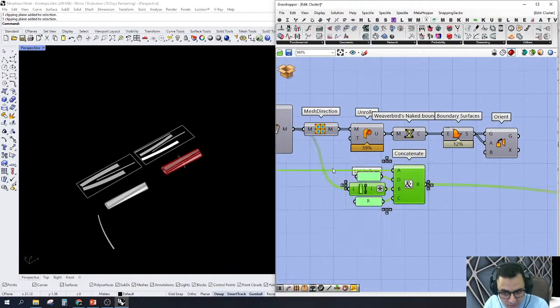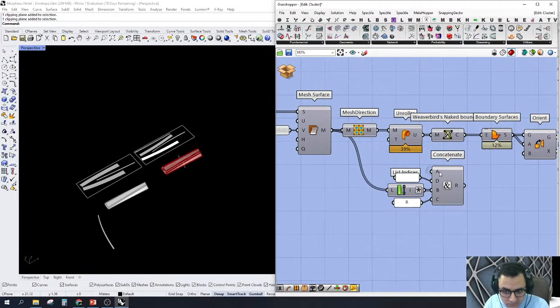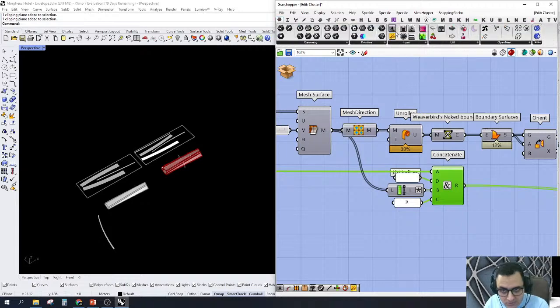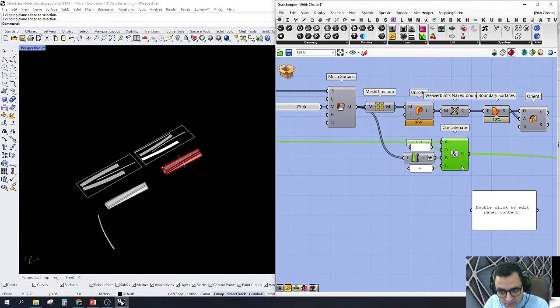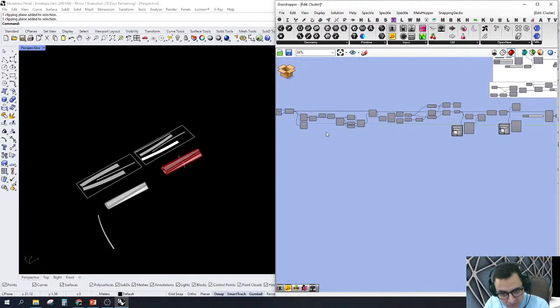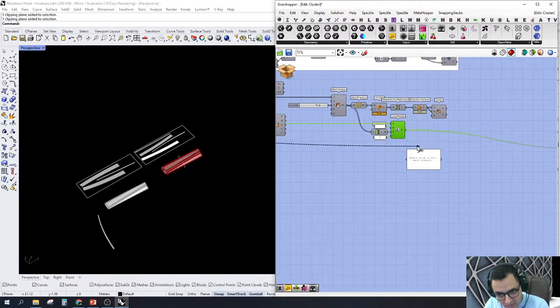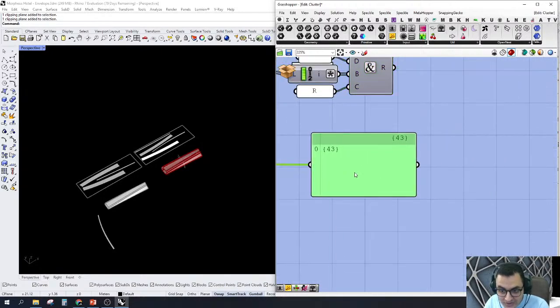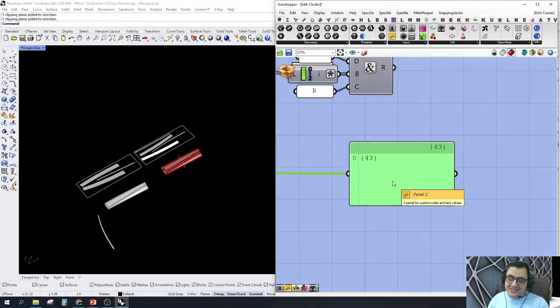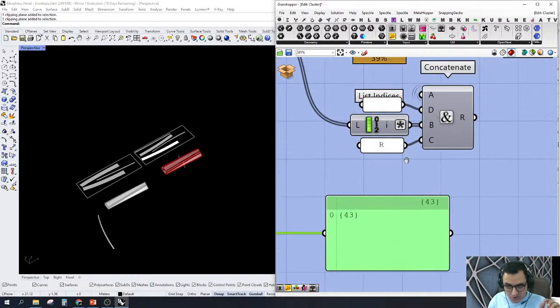Here's the part of the coding. It's simply, let me show you what's happening in here just real quick. This one is grabbed from this tree static. So this is the node number 43, okay, and I want this part to be the first part, and after that I left